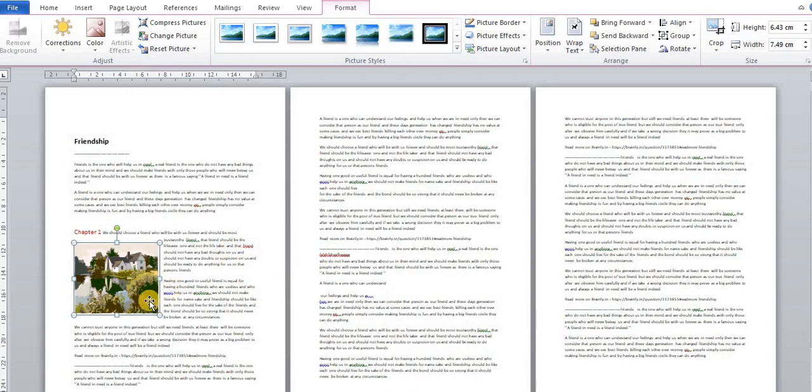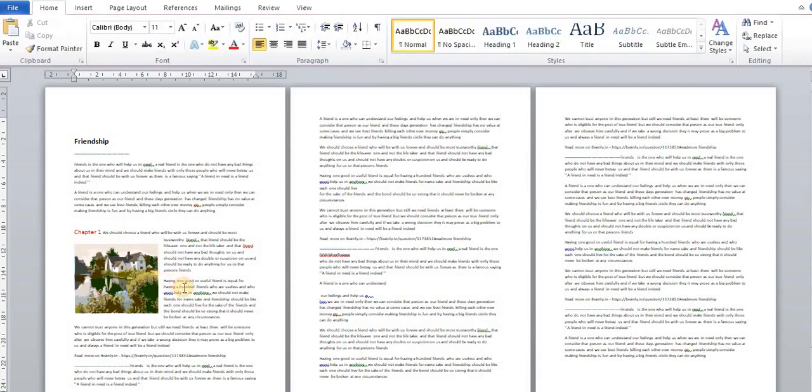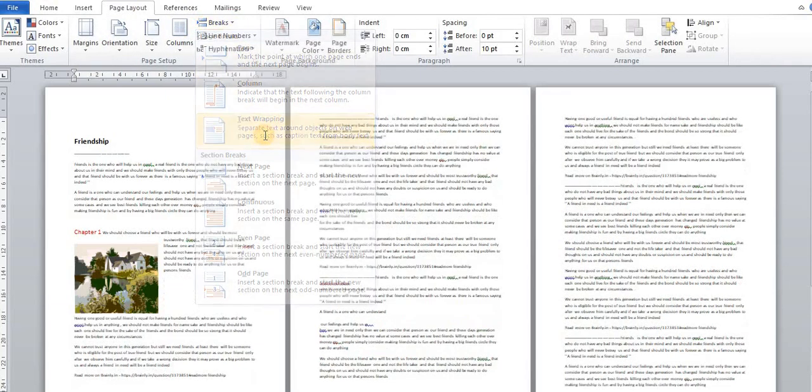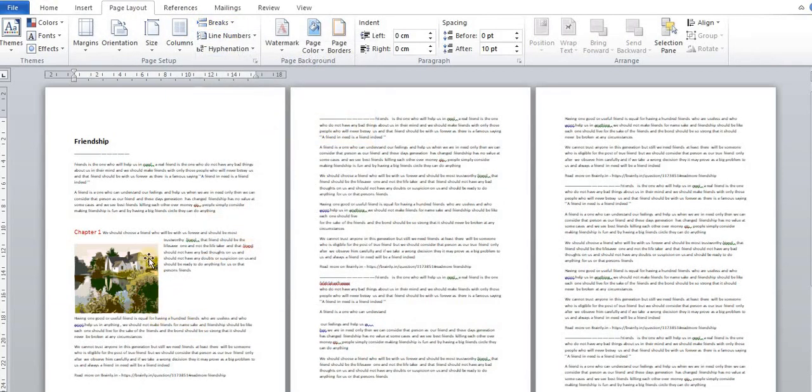Now the text is around the image, but I want to shift this content to a new line. Click the cursor at the required position, go to the page layout, go to the break and text wrap. Now you can see the text around the image is shifted to the new line.